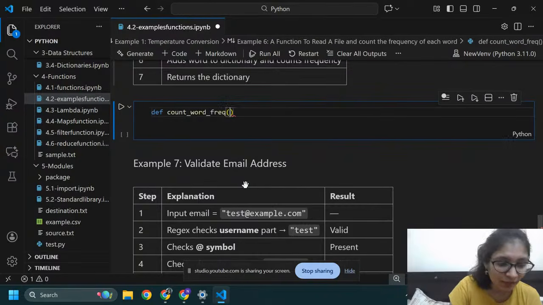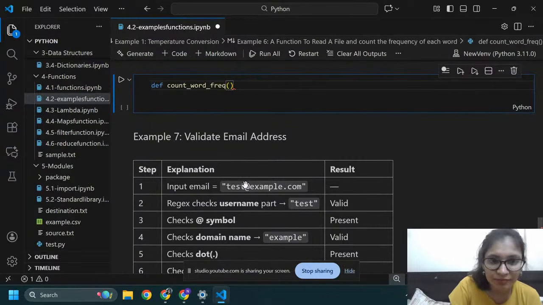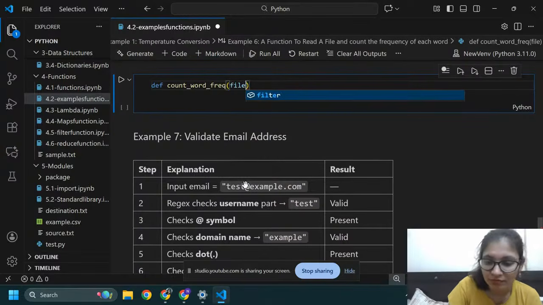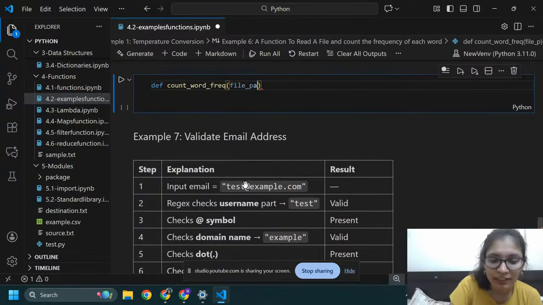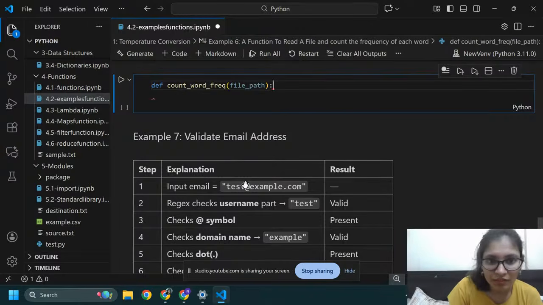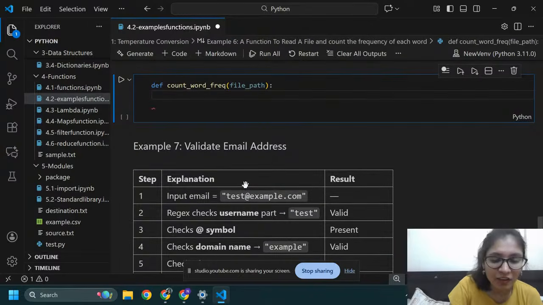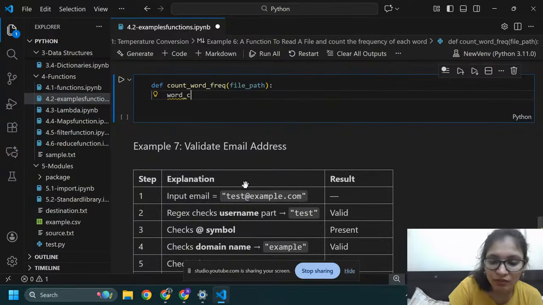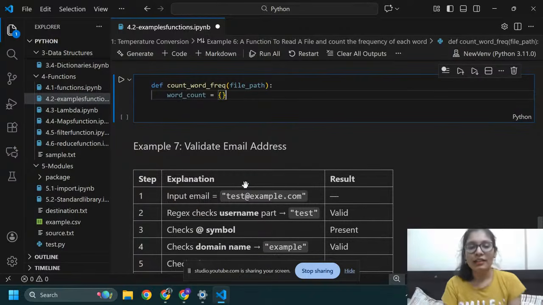Here I'm going to pass file_path, colon. Now I am going to count the words, word_count. So here it is an empty dictionary. I will use it to count the words and store the count here.